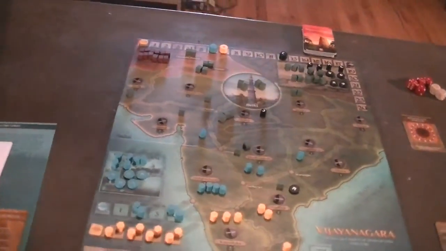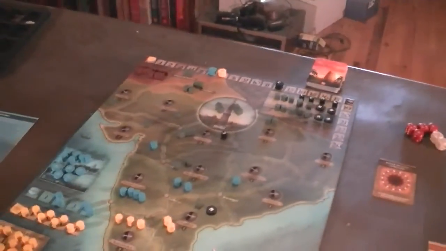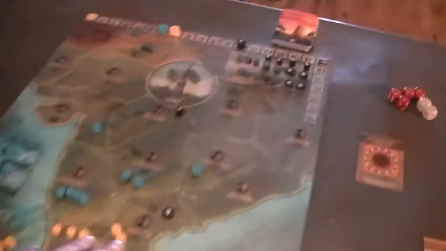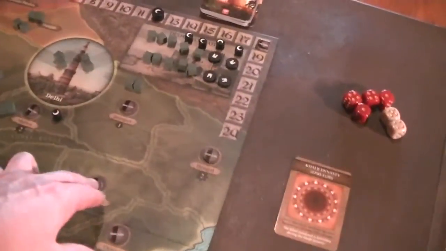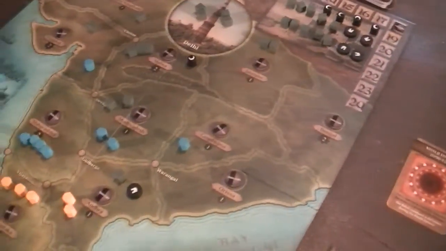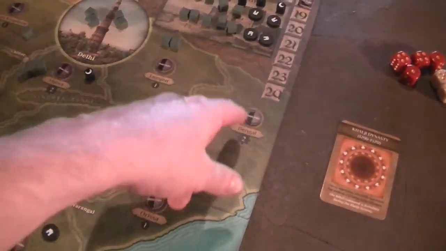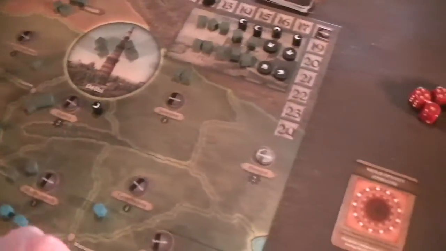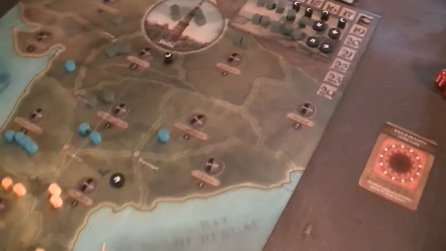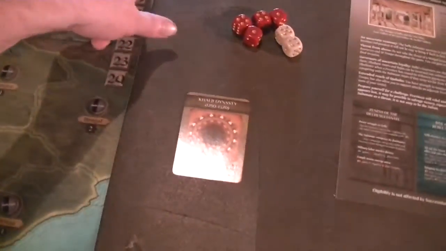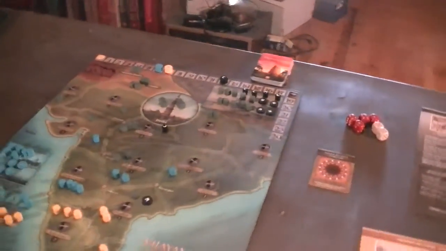So, what's your goal? Well, this is something that the Learn to Play actually is good at. It gets you right to, hey, what are you trying to do? With Delhi, you're trying to hold on to as much of this as possible. That's going to be your victory points. Right now, each tributary gives you points, which I think is based on this number here. And that's where their 18 starting victory points are.